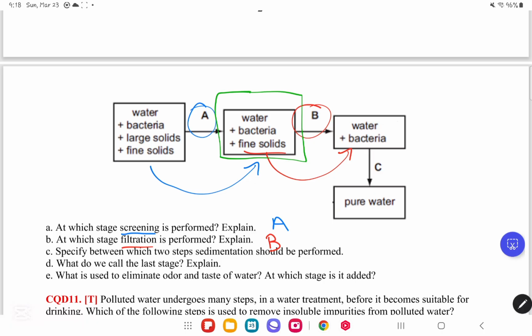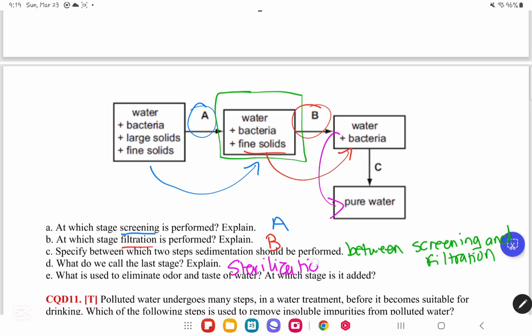So if you were to specify your answer, you would say between screening and filtration. Okay? Now, for part D, they said, what do we call the last stage, which is stage C? As you can see, in stage C, we had bacteria. Before and after, it was pure water. So the killing or removal of bacteria is called